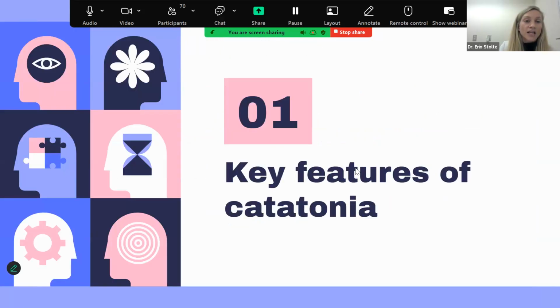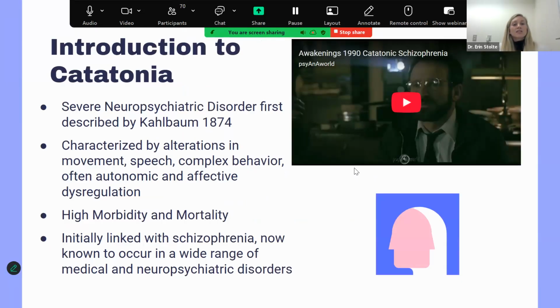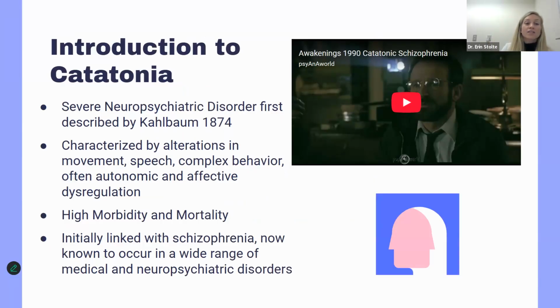So, key features of catatonia. It is a severe neuropsychiatric disorder that was first described by Kahlbaum in 1874, which is characterized by alterations in movement, speech, complex behavior, and often autonomic and affective dysregulation. In a 2023 review in the New England Journal of Medicine, the prevalence is thought to be around 0.6% to 1.7%,